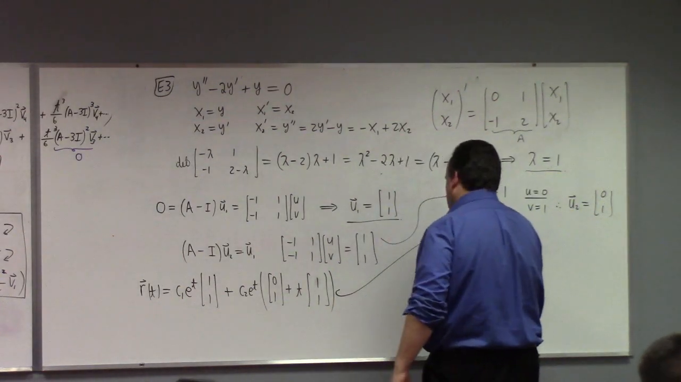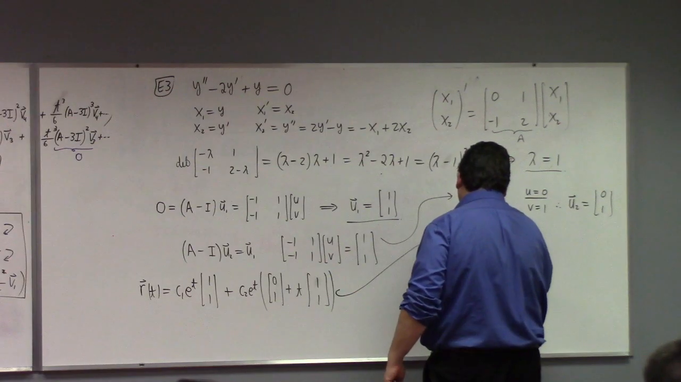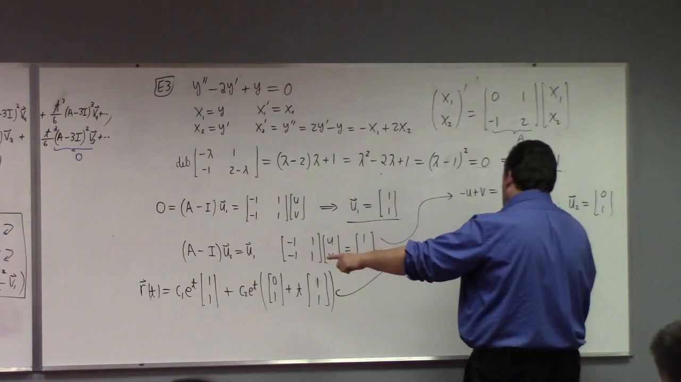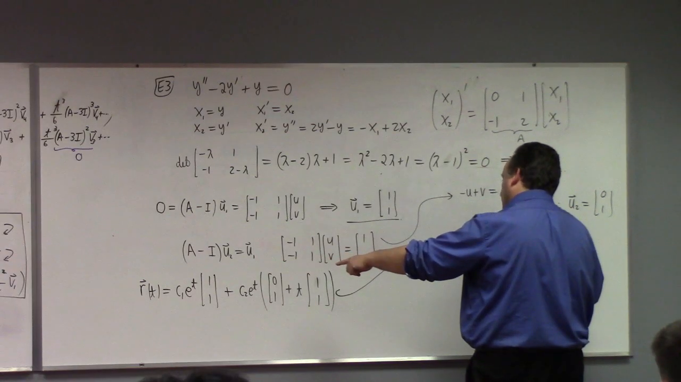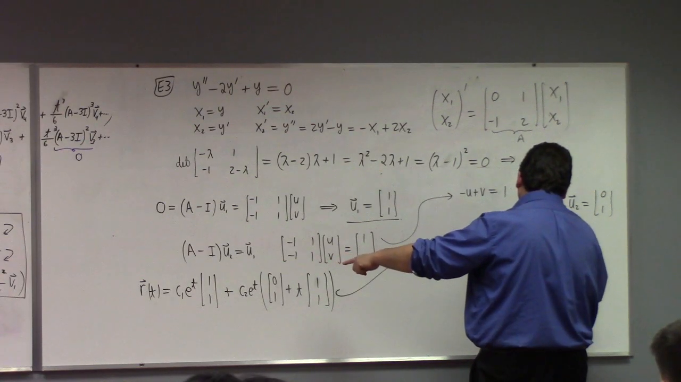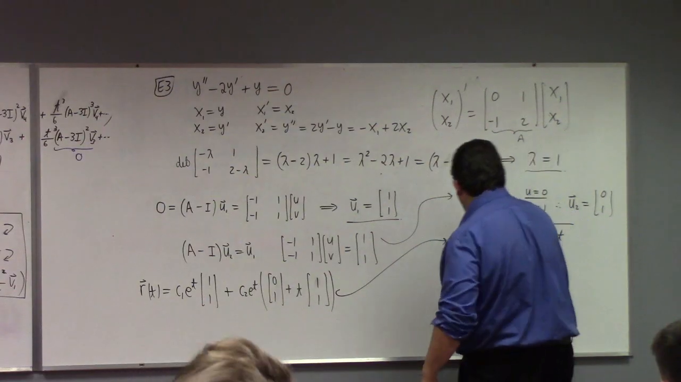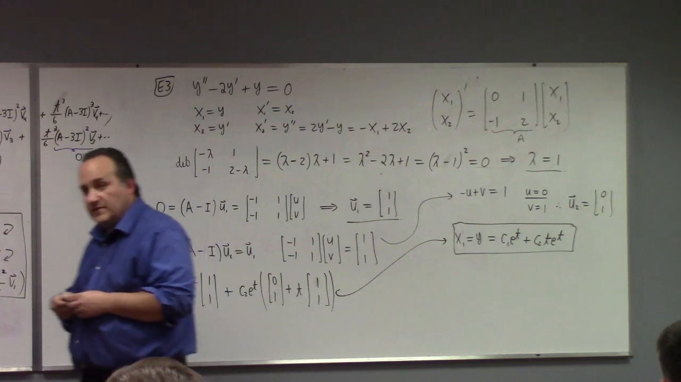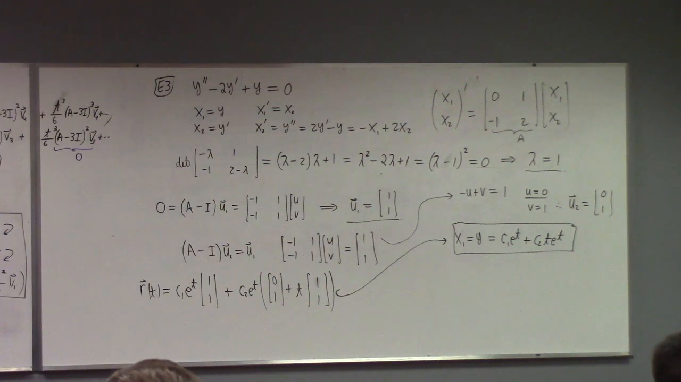Which tells me then that x1, which is equal to y, is actually what? c1 e to the t plus c2 t e to the t. Check it out, yo. The method of generalized eigenvectors is another way to derive multiplication by t for the repeated